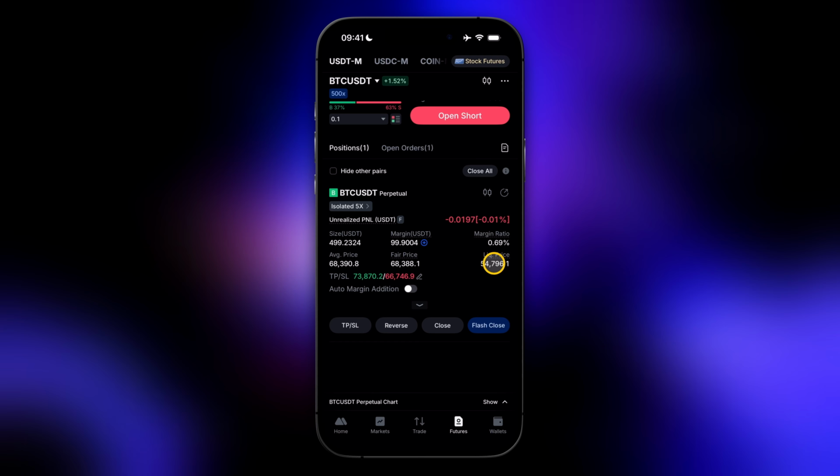Liquidation price means if we don't have a stop loss, which we currently have, but let's assume we don't have a stop loss and the price would drop that much down to $55,000, then this trade right here would be liquidated, which means it would be automatically closed by the platform and we would lose our margin in this trade. But of course, we can prevent that from happening by placing a stop loss beforehand, which we already